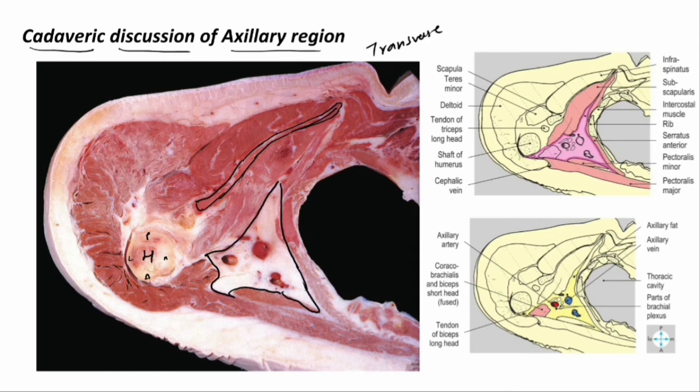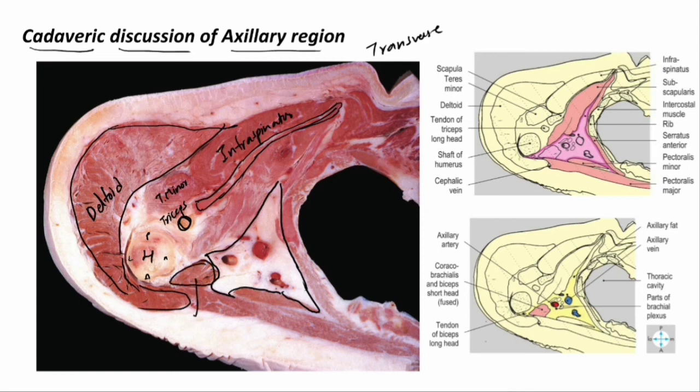So coming to muscles surrounding this region, here you can see the deltoid muscle extending up to over here. And posterior to scapula, at this section lies the infraspinatus, and the teres minor laterally, and over here lies the long head of triceps brachii. And here is the fused part of coracobrachialis and short head of biceps brachii. And over here at the intertubercular sulcus lies the tendon of the long head of biceps brachii, and this intertubercular sulcus forms the lateral wall of axilla.